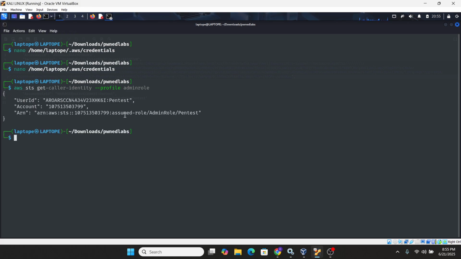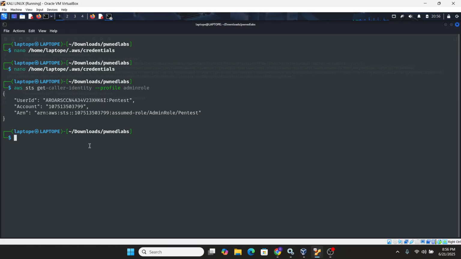You can see now we're able to assume the role called admin role. Remember the name we gave our session, pen test. You can see it here. As the attacker was performing all of this, CloudTrail was capturing it. Now we are simulating the attack, acting as the attacker. After getting the policy attached to the user, we found out that we could elevate our privilege by assuming the role. Now we've successfully assumed the role.